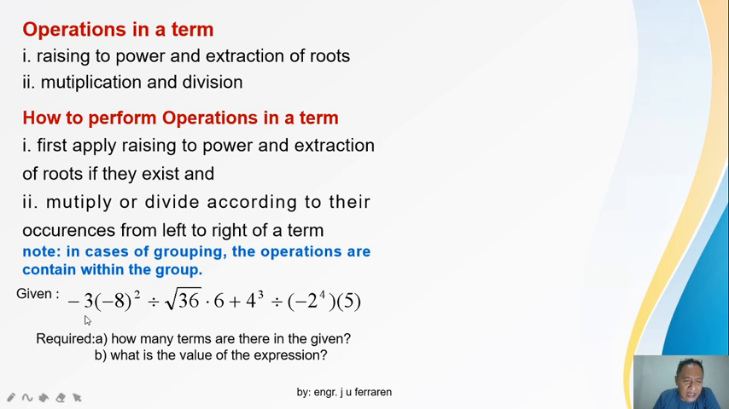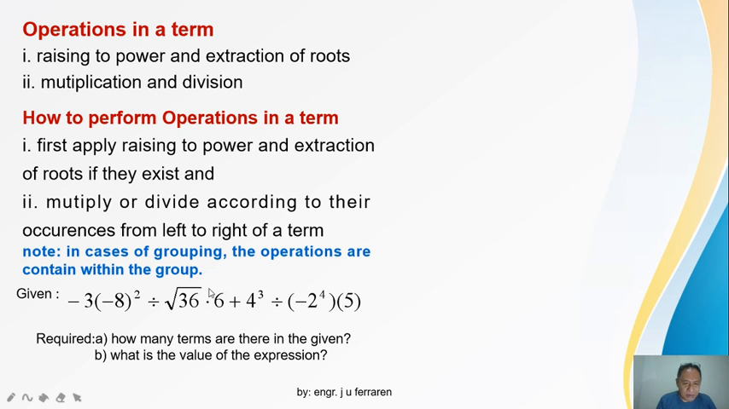Okay, from left going right, the operation is multiplication. Okay, are you following? 3 times. So, I'm still within the first term. Okay, so 3 times the square of the negative 8, then divided by the square root of 36. Then it's multiplied with 6. Okay, so that means because the next sign is plus, my first term actually is terminated